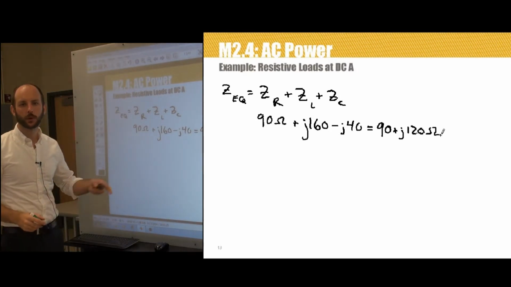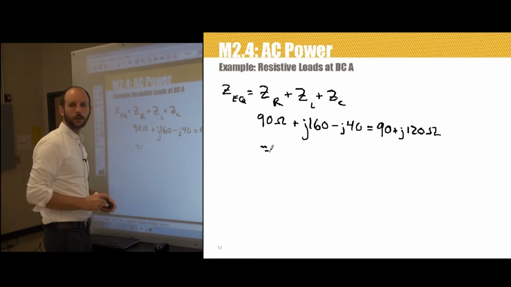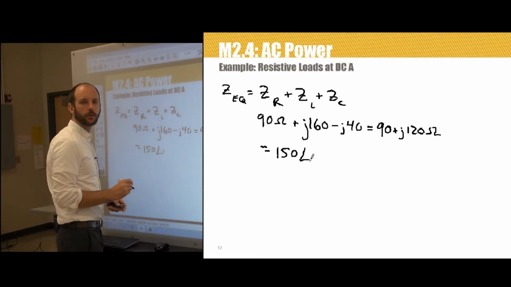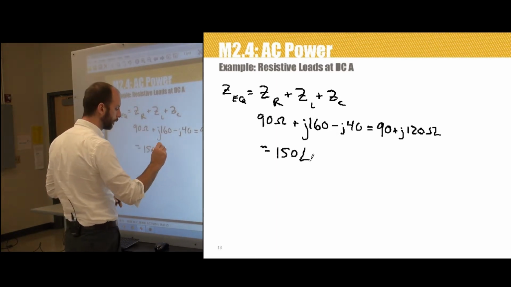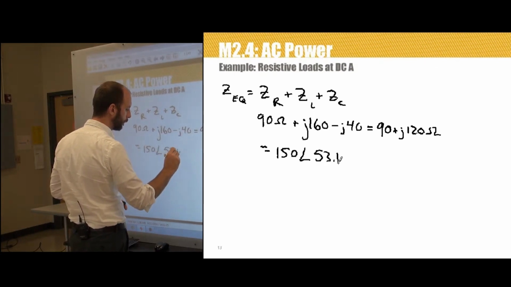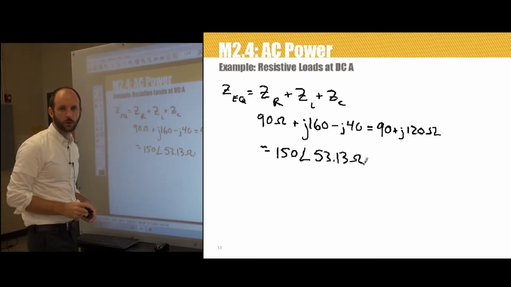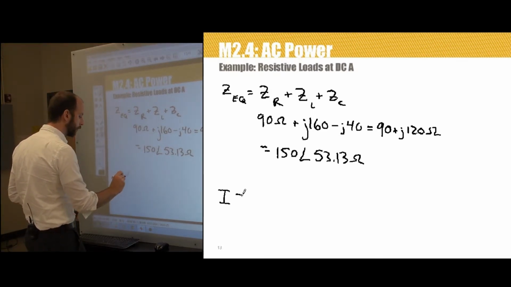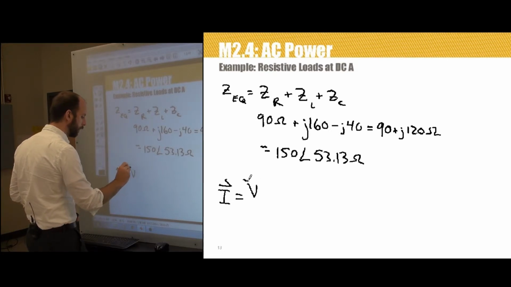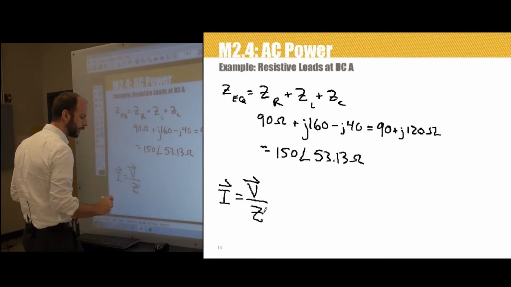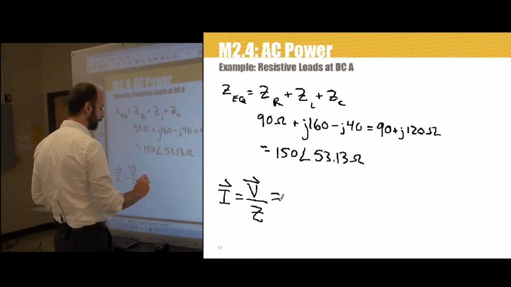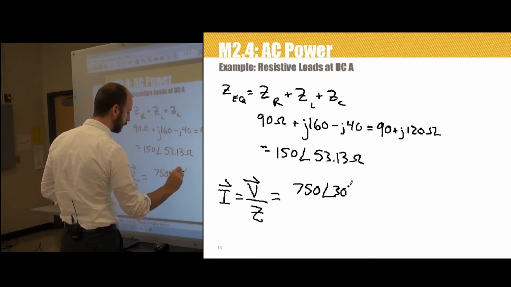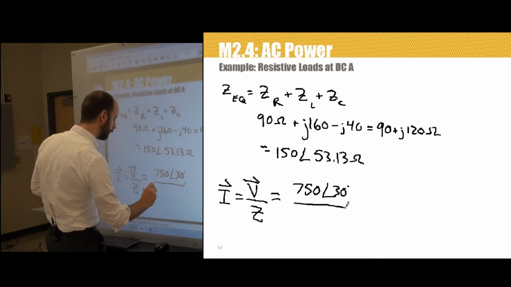Plus j120 ohms. We can put that into polar form. That's going to be equal to 150 at an angle of 53.13 degrees. Okay, well, now let's just use Ohm's law. We've got I is equal to V over Z. Right, so we take our voltage phasor, it was 750 at an angle of 30. We divide by 150